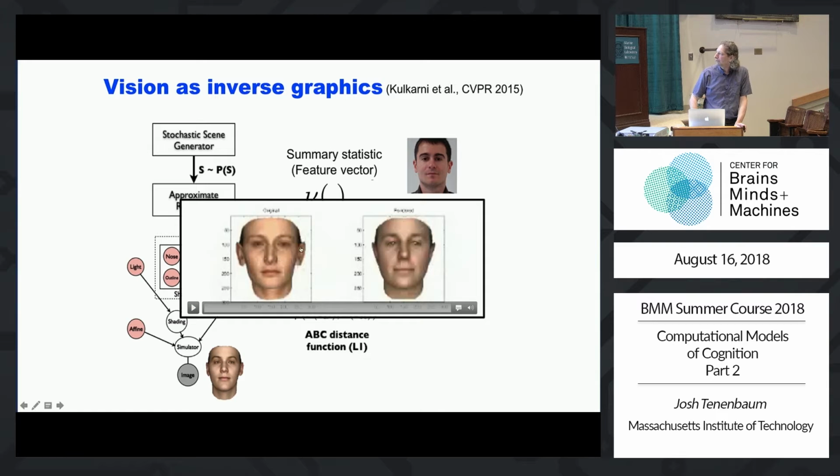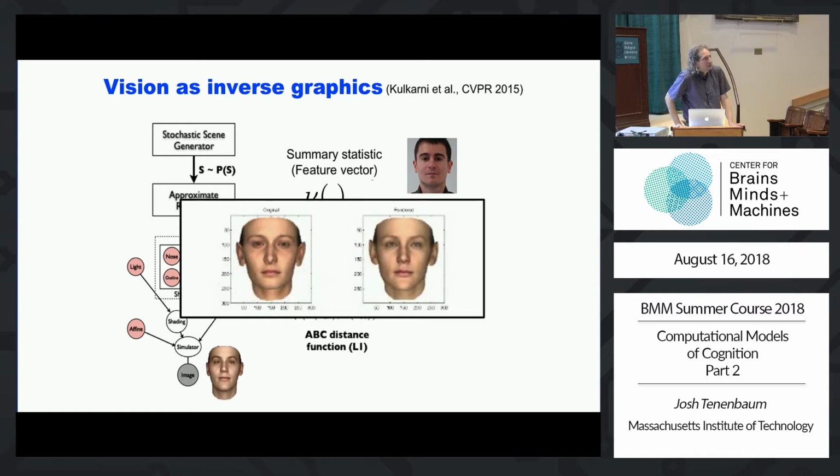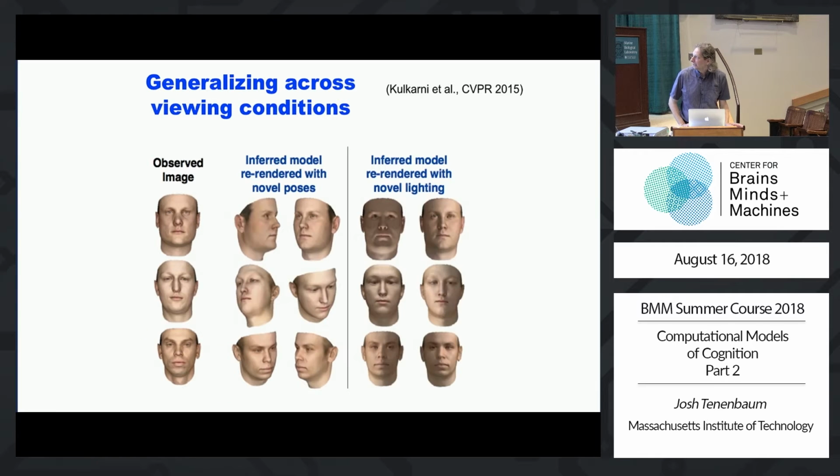But on the left, you see an observed face. And on the right, you'll see one of these slowly evolving MCMC chains of the interpretation. So on the right, it starts out not looking very much like the face, but it makes local adjustments until fairly quickly it converges on something that looks just like the face, right? Okay. But again, the key isn't that it looks just like it, but that it's a real 3D model. I've just projected it into an image. But because it's a 3D model, I can now imagine what this face would look like under different conditions.